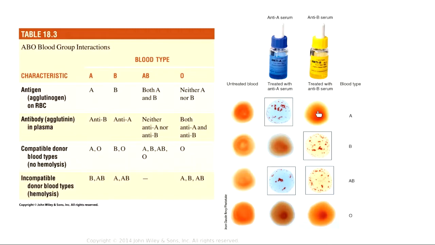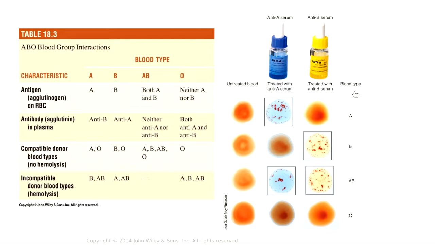One drop of blood is mixed with anti-A serum, which contains anti-A antibody that will agglutinate red blood cells which possess A antigen. Another drop is mixed with anti-B serum, which contains anti-B antibody that agglutinates red blood cells that possess B antigen. If the red blood cells start to agglutinate only when we mix them with anti-A serum, the